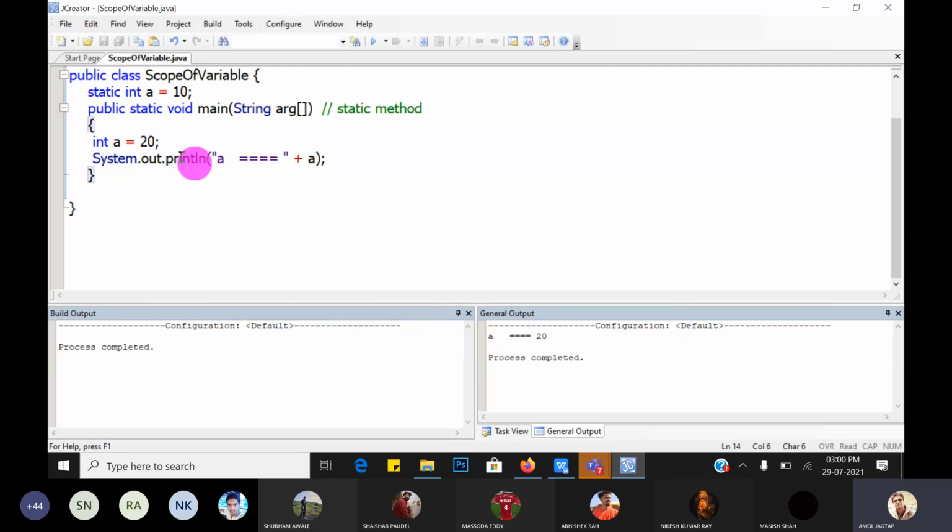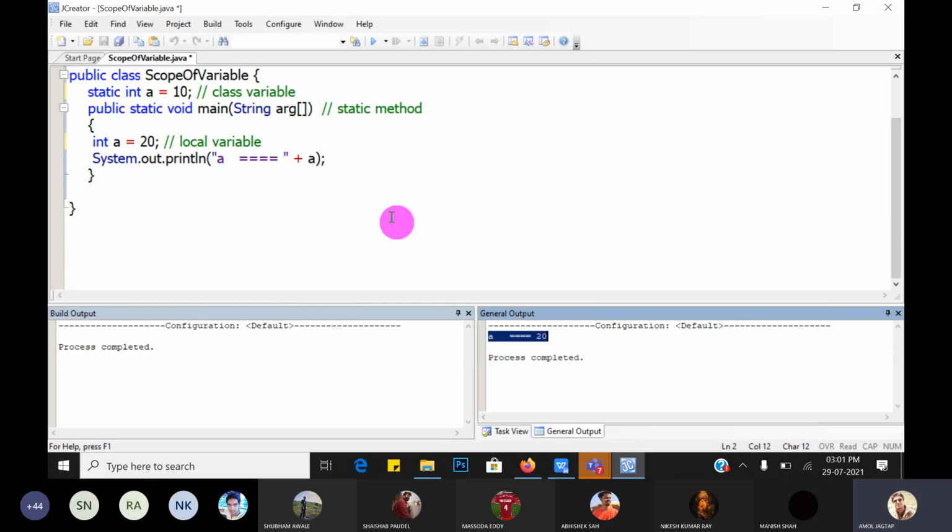Great. Because here one is the class variable and one is the local variable. So the first variable is called a class variable. Guys, a class variable is common to all objects of the class. This is a local variable which is only accessible inside the main function. If the local variable and class variable have the same name, and we display a inside the main function, then first preference is given to the local variable. So what is the value? A is equal to 20.